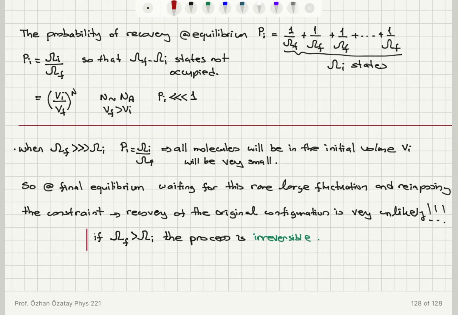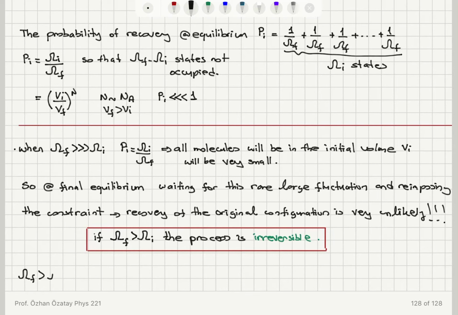So this is an important conclusion we have. If the process is increasing the number of accessible states, it is irreversible. And omega final will be greater than omega initial if the approach to final equilibrium increases